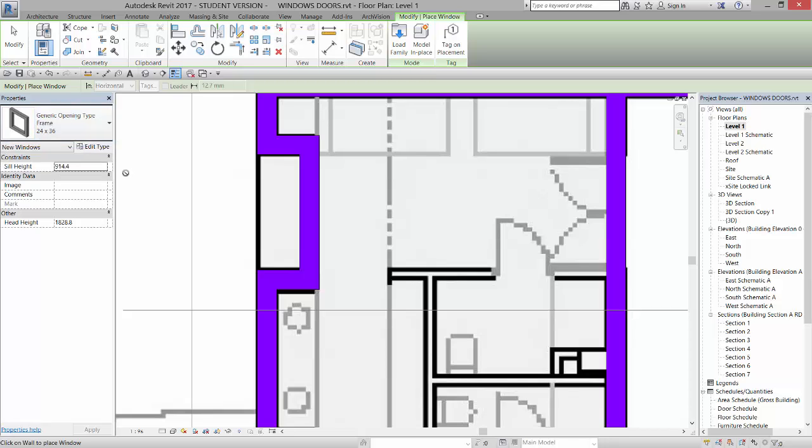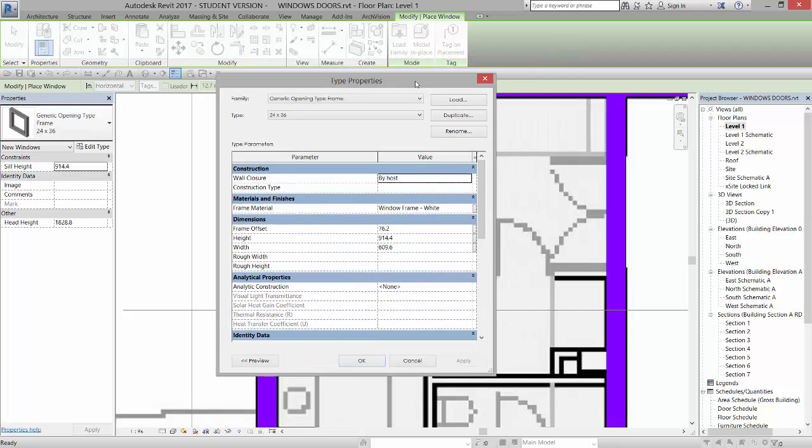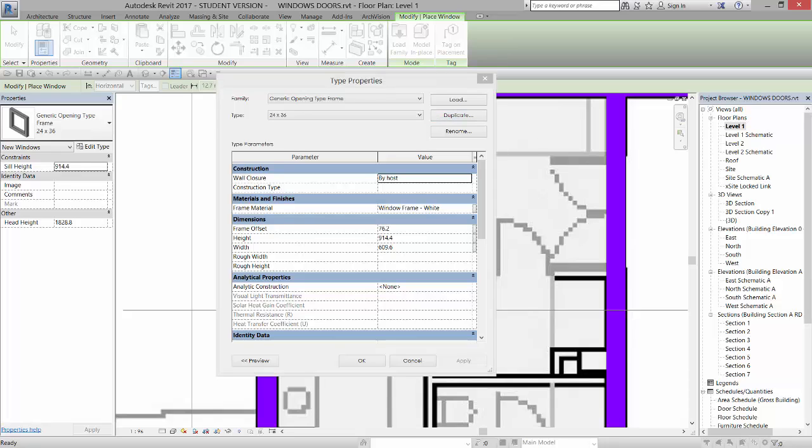It has no glass in it, but we'll go in there and take a look and place some glass in it at a later time. But if I go into Edit Type here, I can duplicate this window. Now this window was originally named 24 by 36 as we got it from an Imperial, but you can see we're working in metric. So I'm going to duplicate this, and I'm going to name it